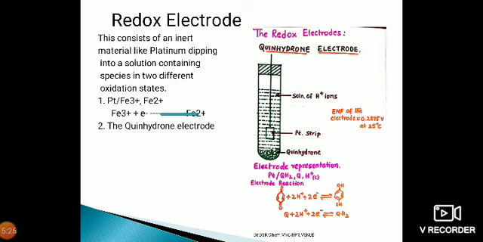You can see that quinone accepting 2 electrons along with 2 H+ ions which are present in that solution converts itself into hydroquinone. So Q plus 2H+ plus 2 electrons gives QH2. So this is the construction and working of this redox electrode, that is, the quinhydrone electrode. And the EMF of this electrode has been considered as 0.28575 volts at 25 degrees centigrade. It has been calibrated either with a standard hydrogen electrode or a standard calomel electrode.